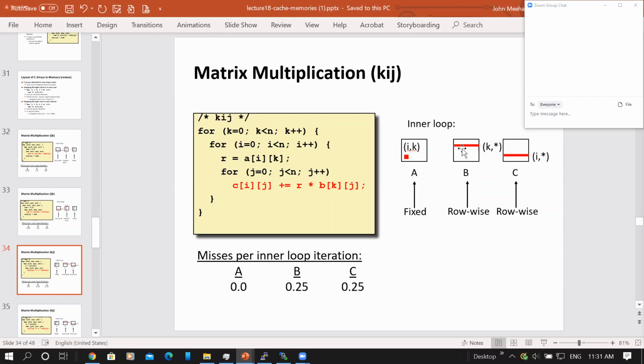So since we're doing two row-wise accesses now with this way of doing it, right, we are hitting in the cache a lot more, right? We're just ignoring this because it's one element. And then we got some hits. 1 out of 4 things was a miss, right? So moving that loop out there to the outside actually is having an effect, allowing the cache to help our